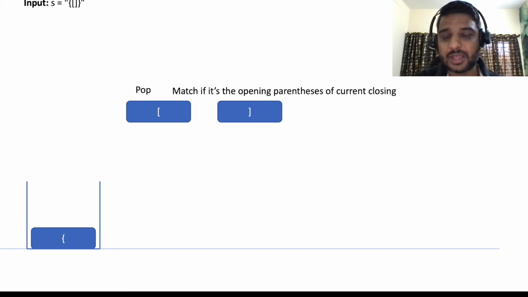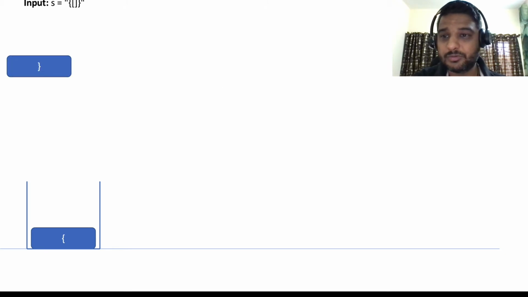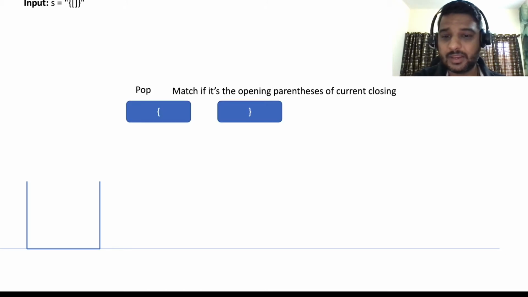If they are both the same opening and closing type, we can move forward and proceed with the next input, and again match it. If a closing bracket comes, we pop the one which is already there in the stack. If an opening parenthesis comes, we push it to the stack.